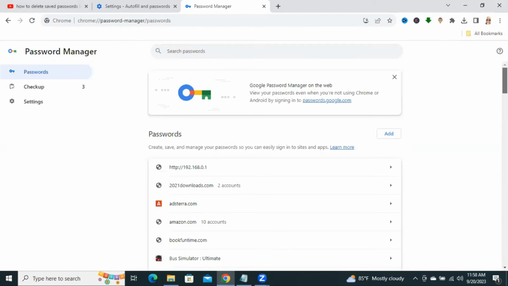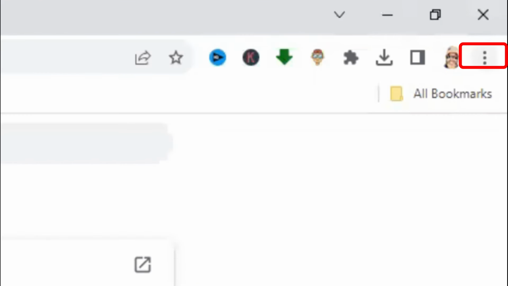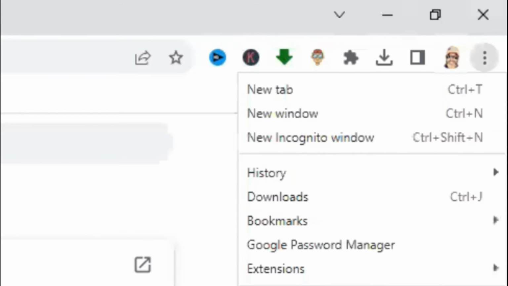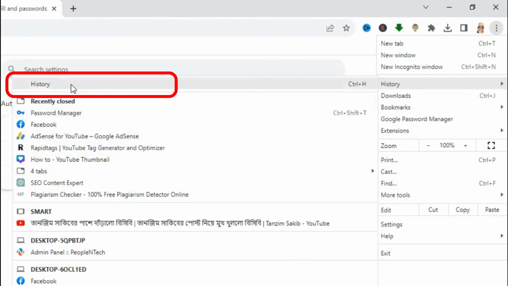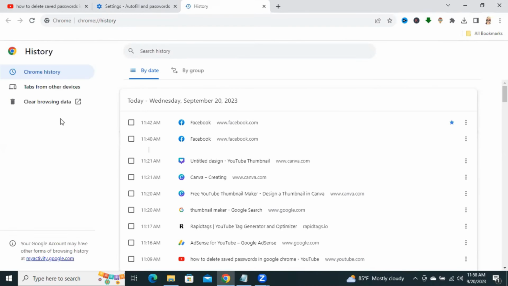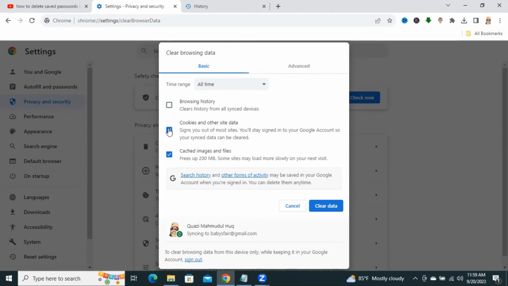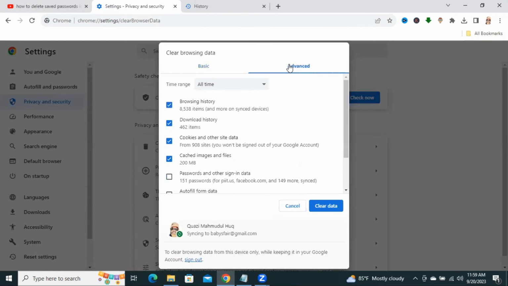But if you want to delete all of your passwords, then go to the three dot icon on the upper right corner and then go to history. Click on history. Now click on clear browsing data and check everything and go to the advanced tab. Select the time range all time